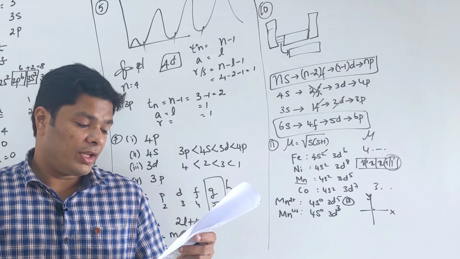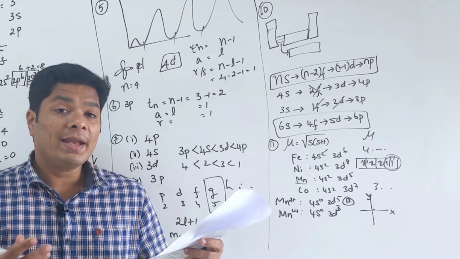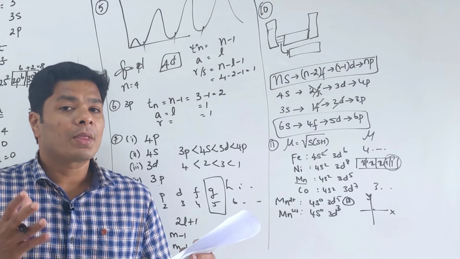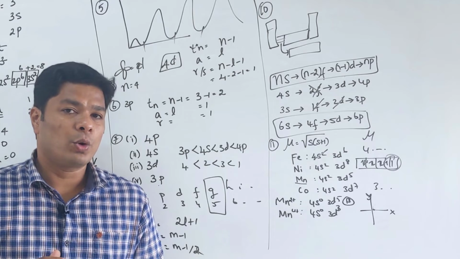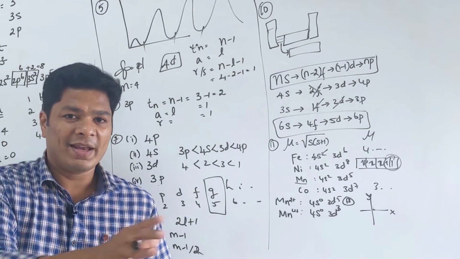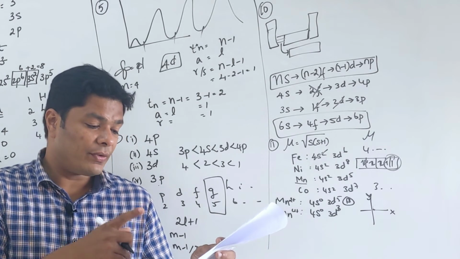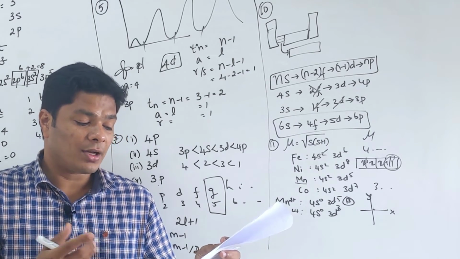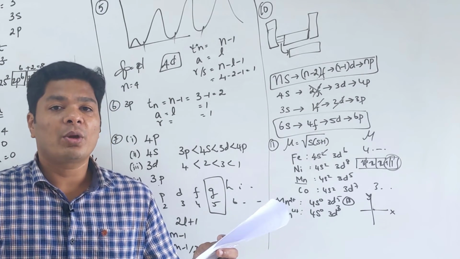Right, final 15th question. Nodal plane is found in which of the following orbitals? They are asking in which one a nodal plane exists. Okay, now when you look at it, which orbital does not have a nodal plane? The s orbital. I told you that in the lecture. It is like a ball, you cannot draw a plane at all. The l value for the s orbital is 0. So option alpha is wrong, beta is wrong, delta is wrong. Correct option is Charlie. Yes, n equals 2, l equals 1, the 2p orbital.